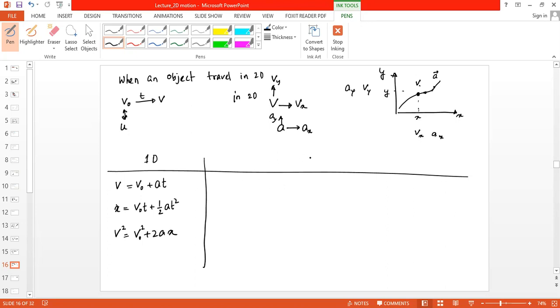Okay. তাহলে in 2D তে ইকুয়েশন হবে দুই রকমের, একটা হচ্ছে x কম্পোনেন্টের জন্য and the other one হবে for y component. So the equation will be same, but x component equation হবে এক রকমের and y component equation এক রকমের হবে।